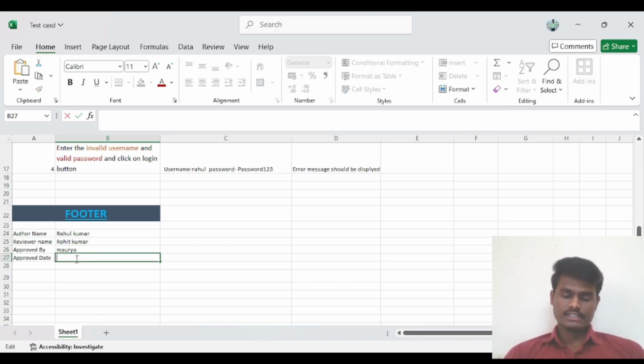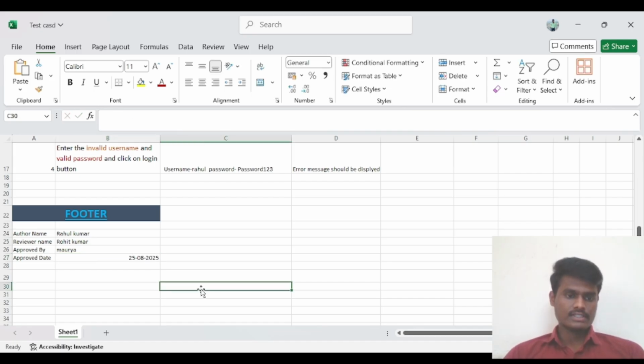And approved date: we can write the day when your test case is approved. So this is our footer part.